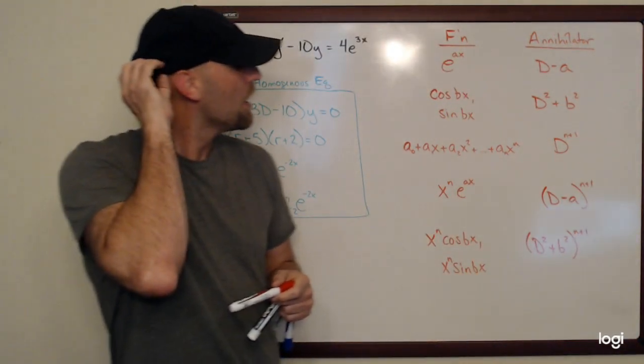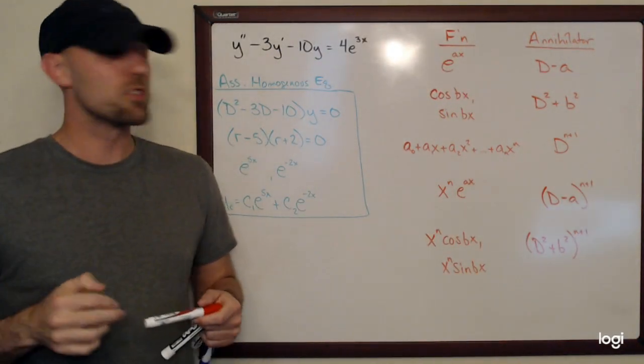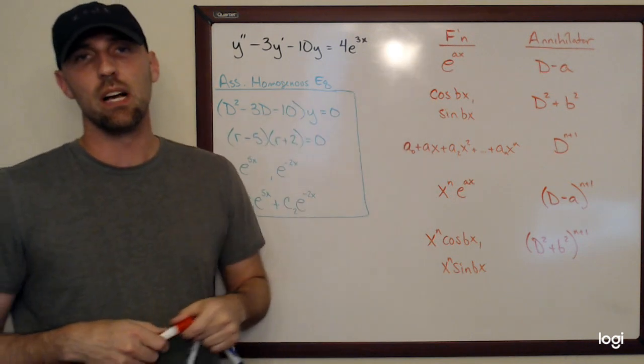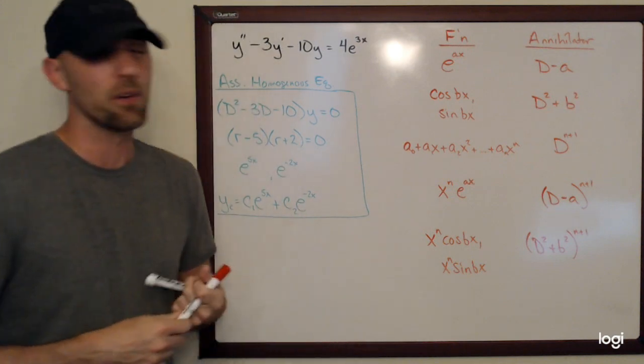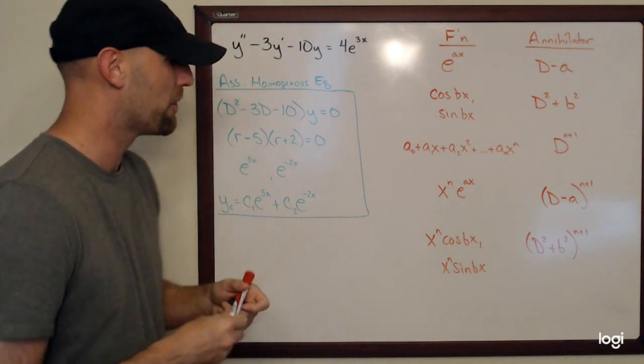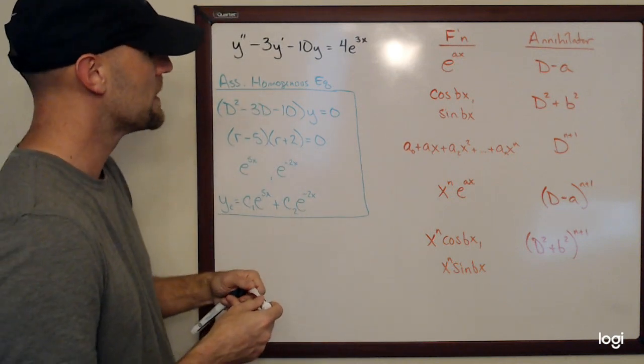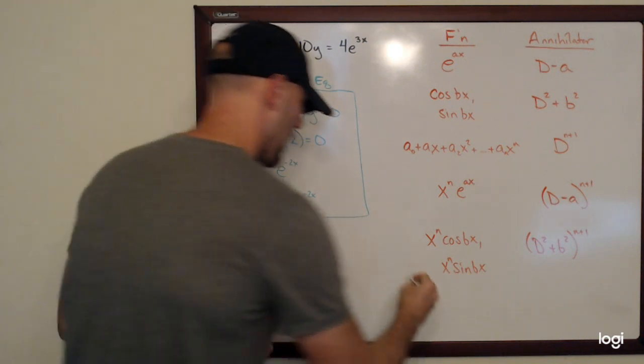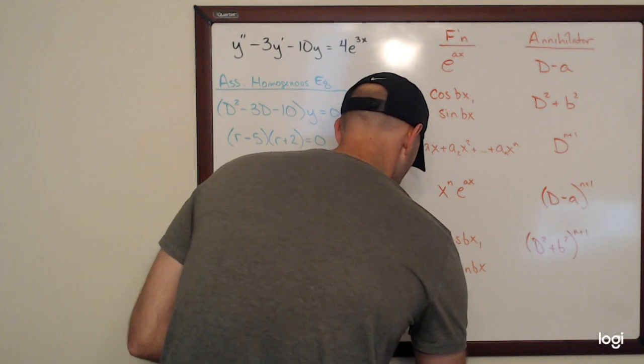All right, now there's one other product we haven't talked about yet. What if I have an exponential function multiplied times a trig function, sine or cosine? So what would the annihilator be? I'm just going to write it down here. All right, so if I write e^(ax),